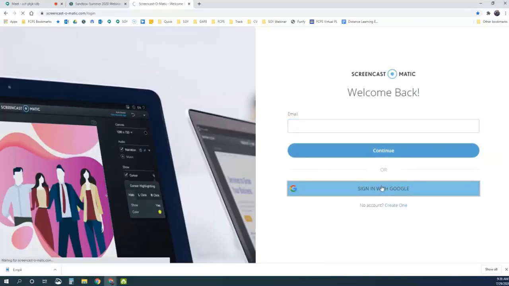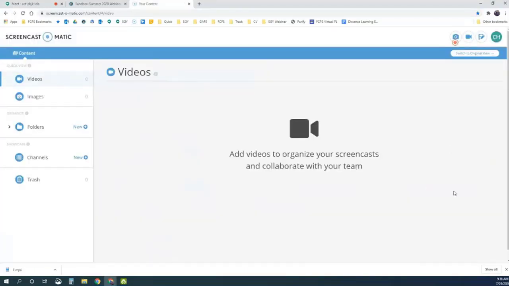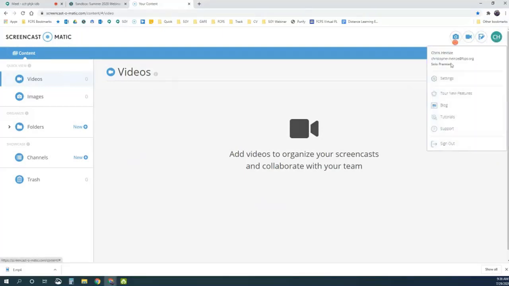Sign in with Google. You'll get a link that says to open up with your FCPS account. I've already done that, and here I am now in the full version. I click on my name, my initials here. I'll see Solo Premiere. If I go to my test account,